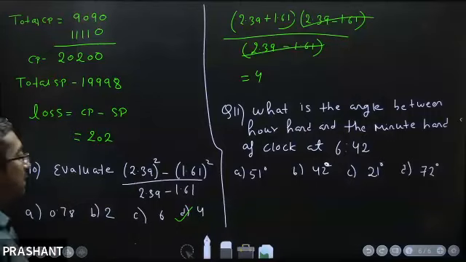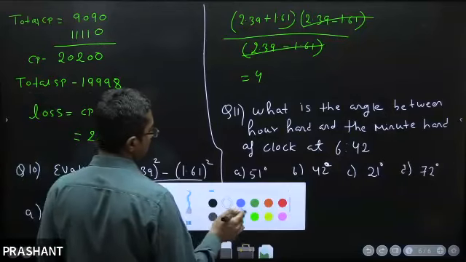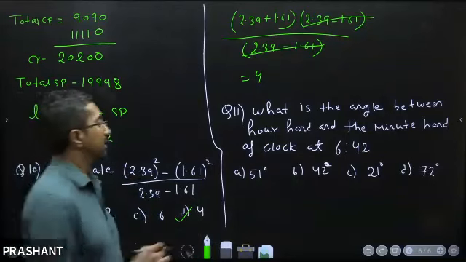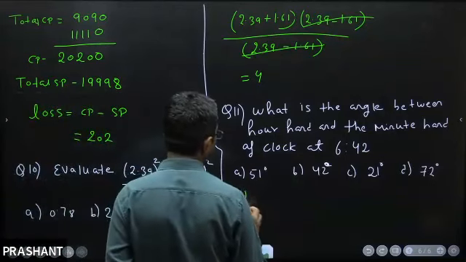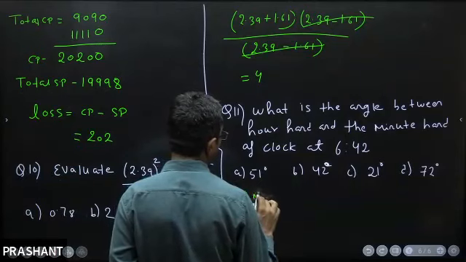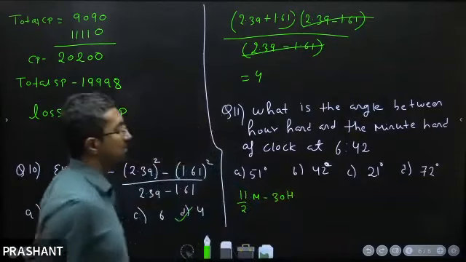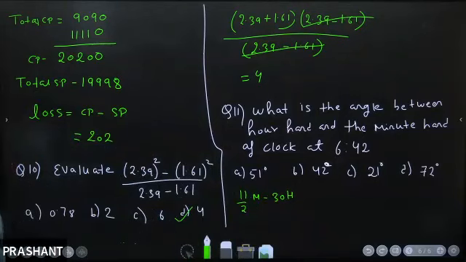तो इसके लिए what we can do ना, you can use one small formula. So वो है, the formula is 11 by 2 minutes minus 30 h. ठीक है, इसमें हम सब्स्टिट्यूट करेंगे तो we will get an angle between an hour hand and